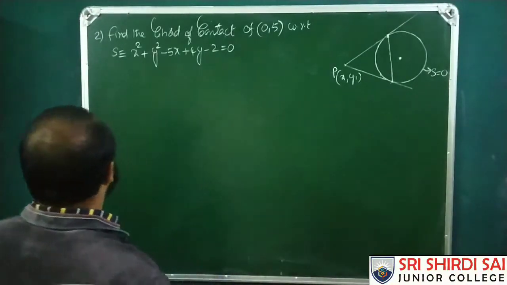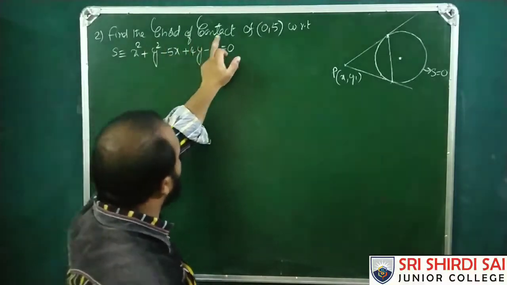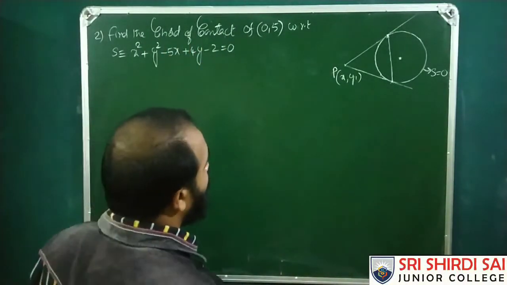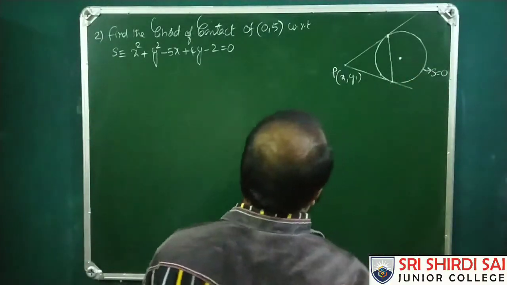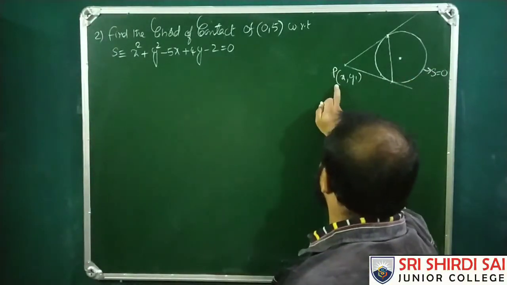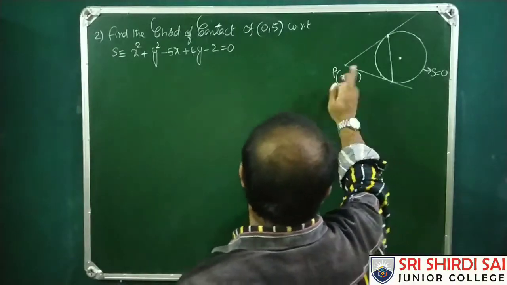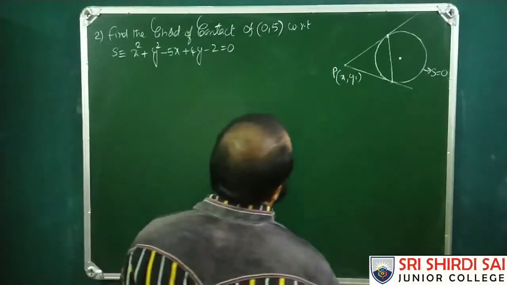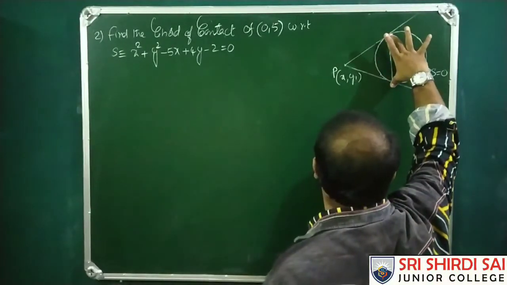Now the second question is, find the chord of contact of (0, 5) with respect to the circle given. Let us suppose that this is a circle S = 0. This is P(x1, y1), an external point. What is the chord of contact? The line joining